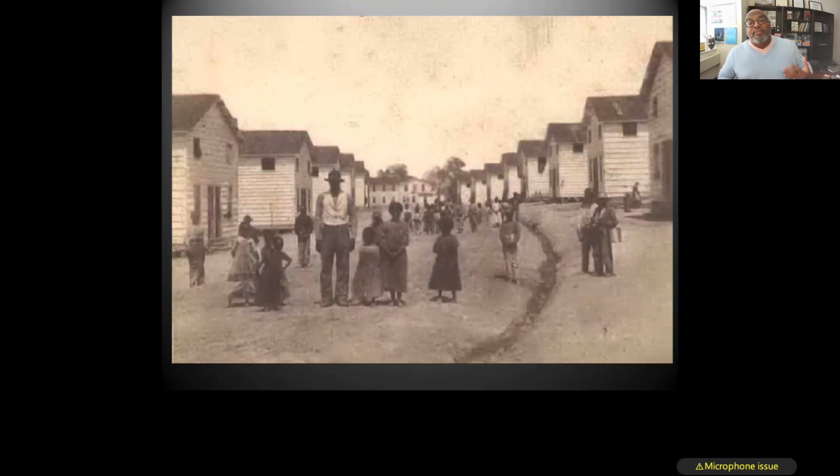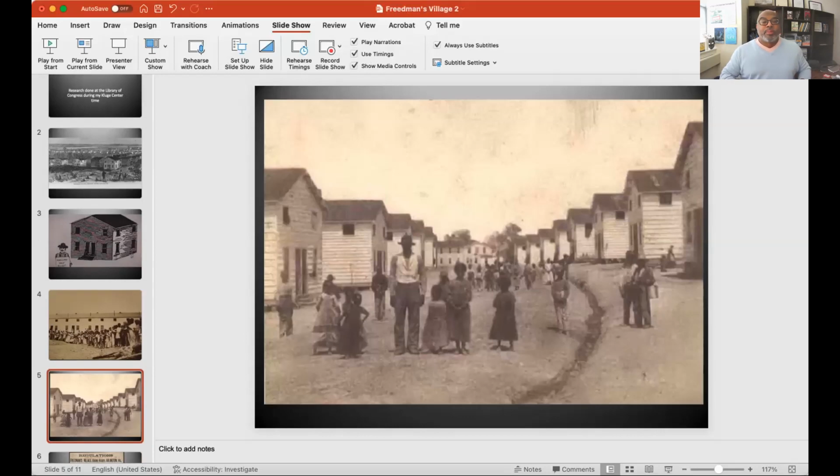So this, as far as I know, is the second photograph ever found of the people who lived in Freedman's Village, which gives, while as a writer, we know words are great, but pictures say so much more. And I'm able to base some of what I'm writing on this photograph that I had never seen before. Even after having known about Freedman's Village for 10 years, I had never found this photograph until I had time at the Kluge Center to be able to go ahead and start my research. So that's just some of the few of the things I was able to find during my time at the